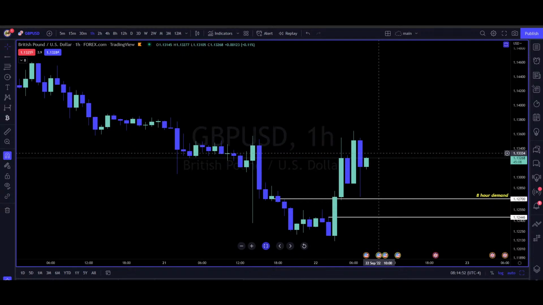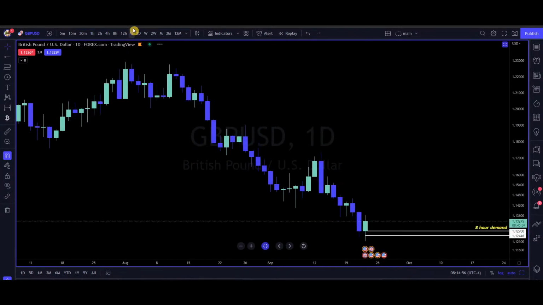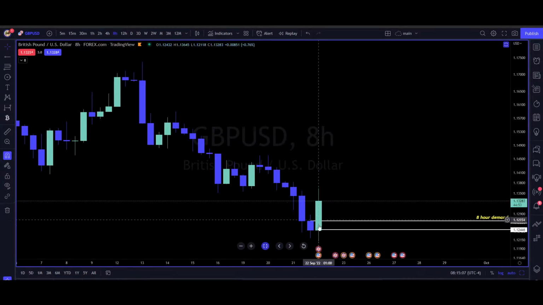But anyways, so far the trade's working out nicely. There is an 8-hour demand here. If we look at the daily time frame, daily doesn't look good. The daily looks like you could still see sell side intervention come in at yesterday's open, but the 8-hour looks phenomenal, right? You got a big